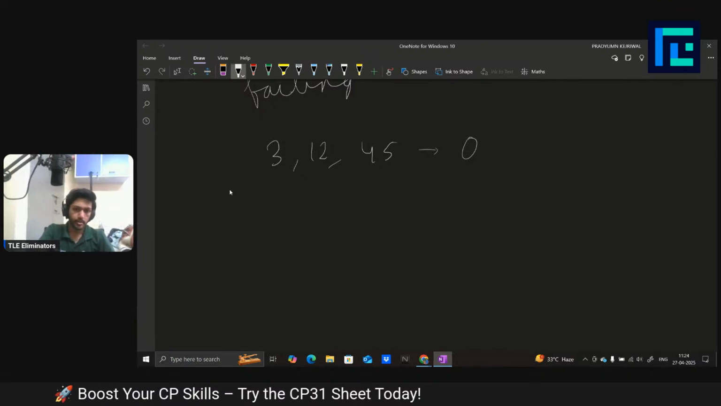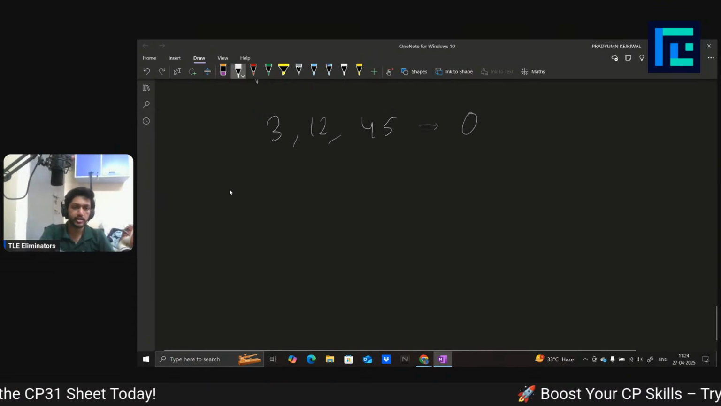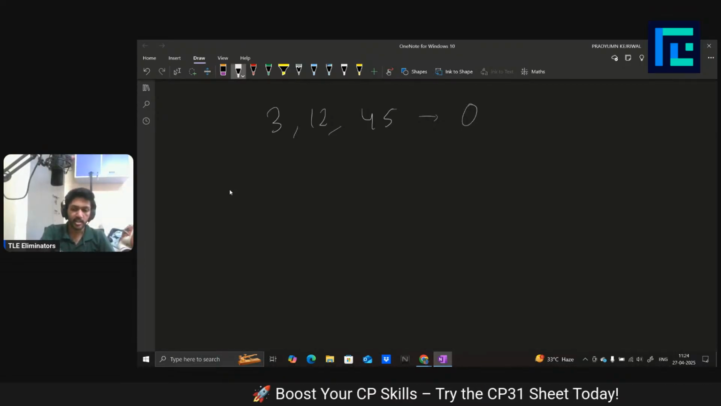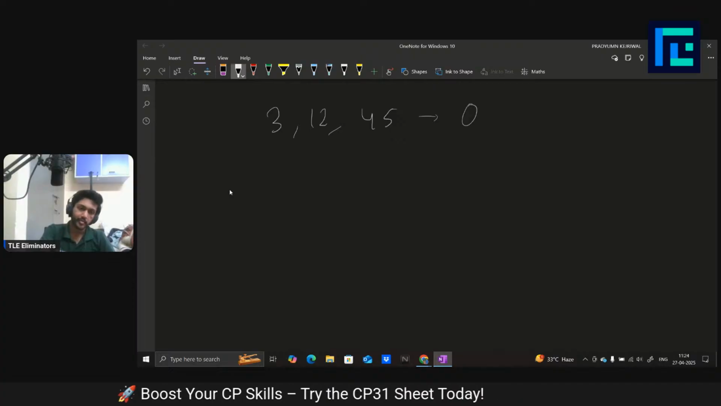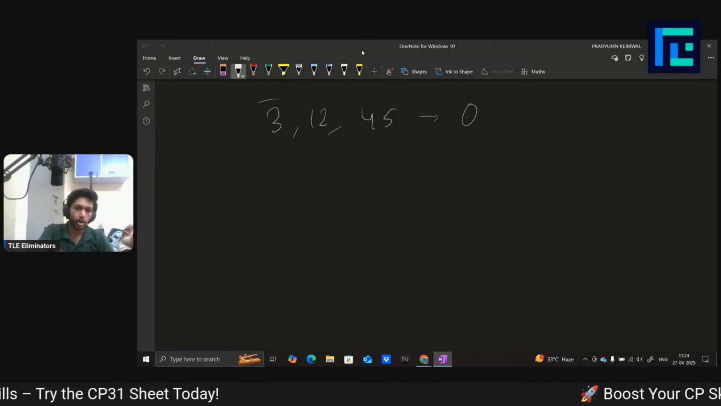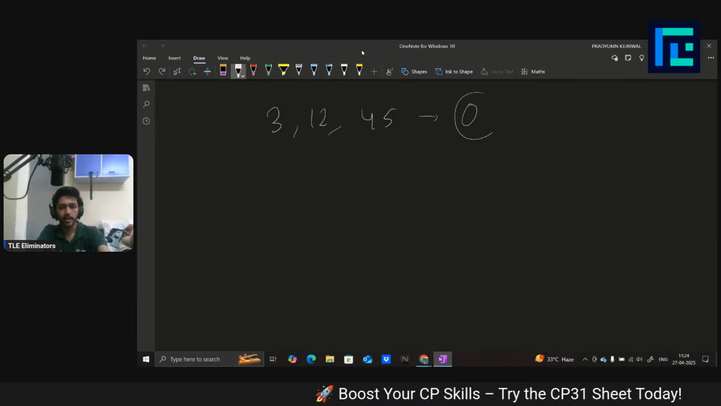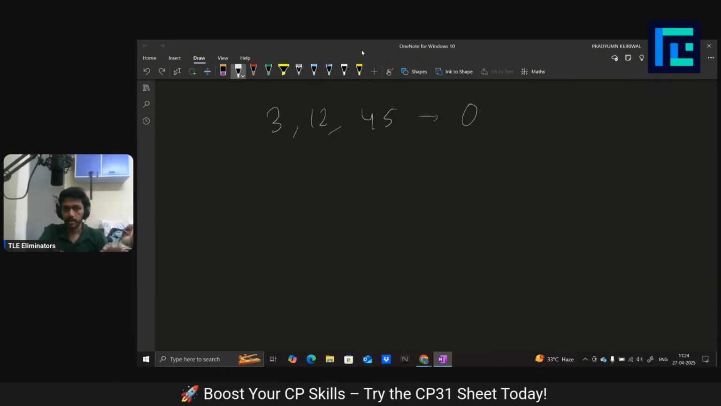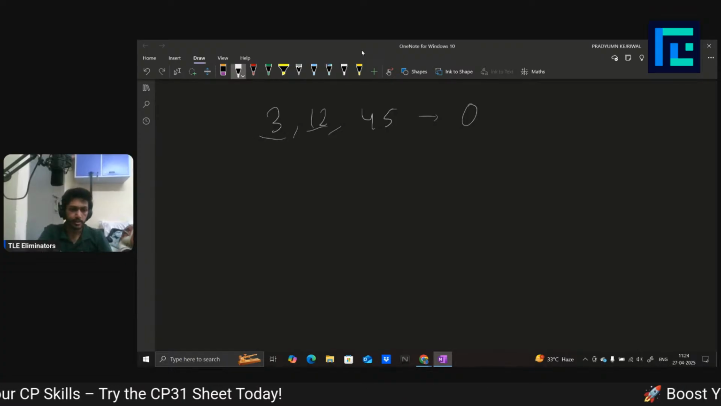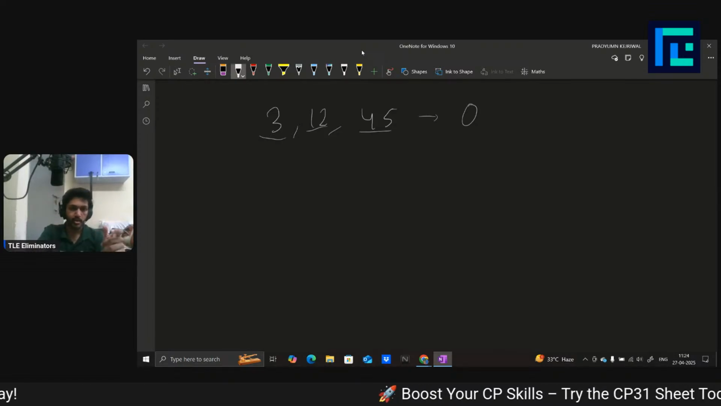Now, how do I actually solve this recursively? If I want to solve this problem recursively, how can I actually do that? Let's think about that. In your final number, you want all these three numbers, and you want the final number's remainder to be 0. If there are three numbers, then one of these three numbers will be the first one,